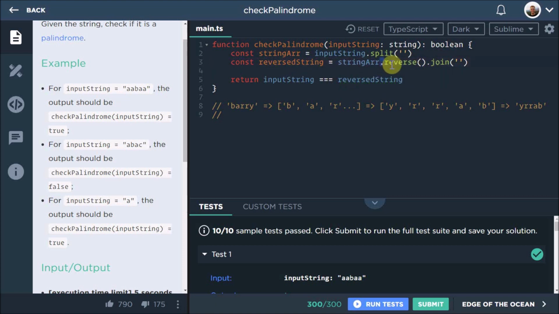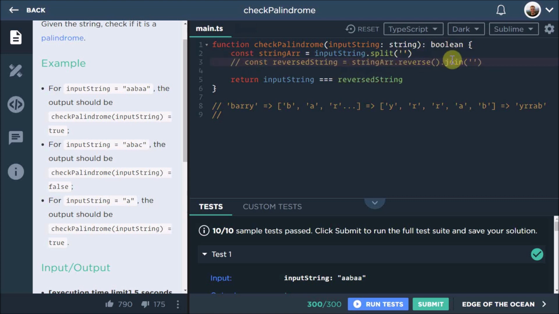Now, the problem is most interviewers are quite smart, but a lot of interviewers will say, hey, don't use the built-in reverse method, that's cheating. You can do the join thing later, that's fine. You can use join and you can use split, but they won't like it if you use the reverse method. So what we're going to do here is comment this out.